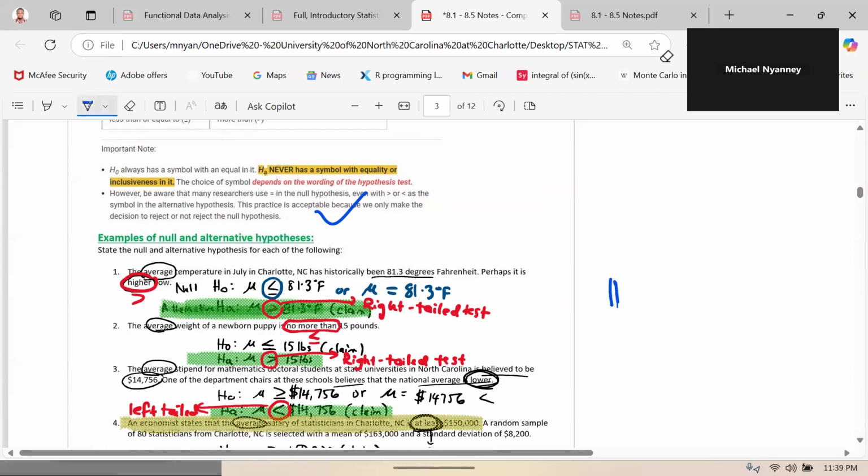So we write HA or H1. Then we write this to define it. We are talking about average, so we use mu is greater than what? 81.3. Okay, if this is the case, then